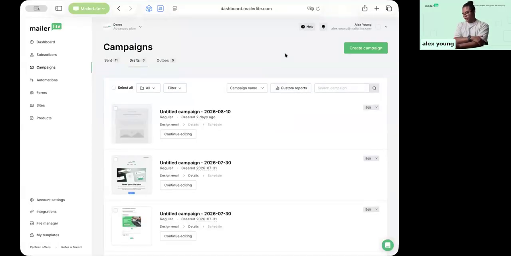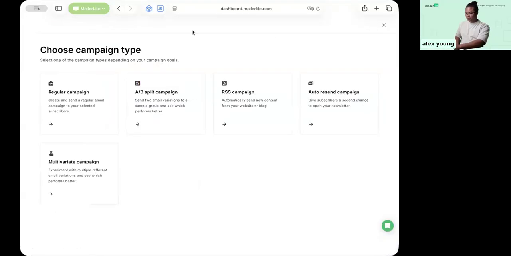So we want to go through the drag and drop builder so you can get a feel for what it's like to create a campaign or create an email using MailerLite. So we hit create campaign and then you're brought over to this campaign type screen. We're going to go through regular campaign right now, but just know that you have that one that's essentially sending a regular email. We've also got A/B split campaign, and that's where you have two variations of the same type